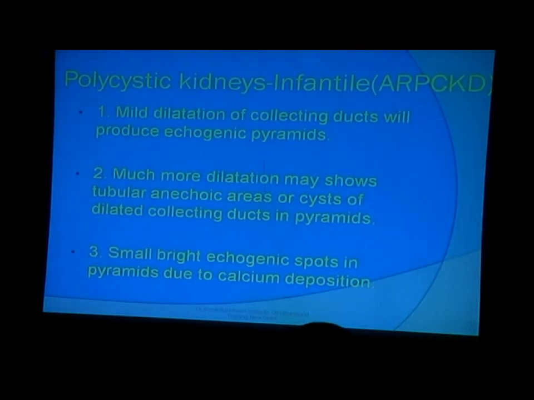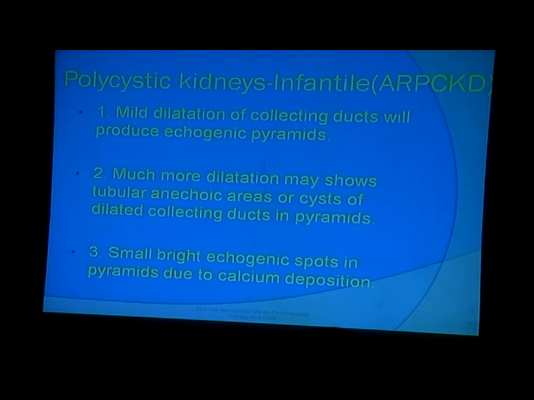Now, infantile polycystic kidney. I think only in the fetus are we able to recognize it antenatally. There is a dilatation of collecting ducts, which will lead to echogenic pyramids. I think overall echogenicity also is increased in infantile polycystic kidney. So you may find increased echogenicity whenever a cystic area is very small. Instead of appearing dark, it appears bright because you don't see the lumen. And once they dilate more, then you can see them as clear cysts.